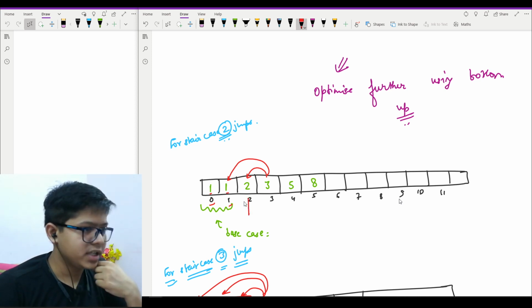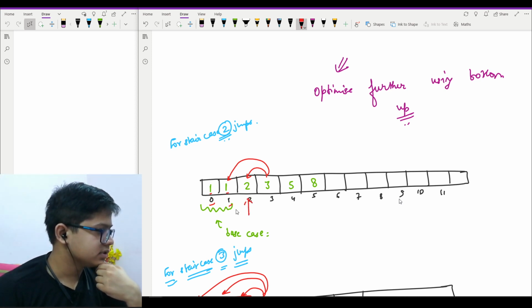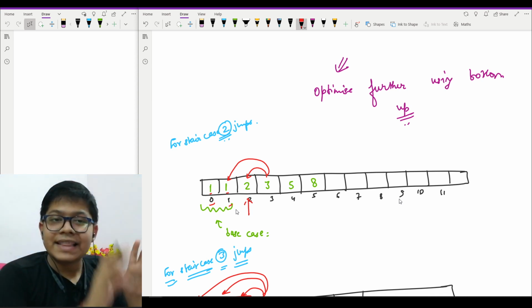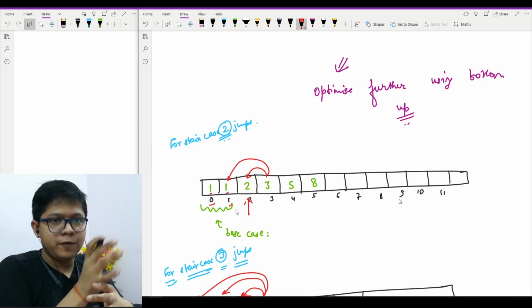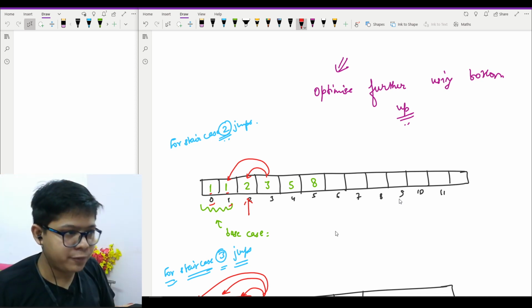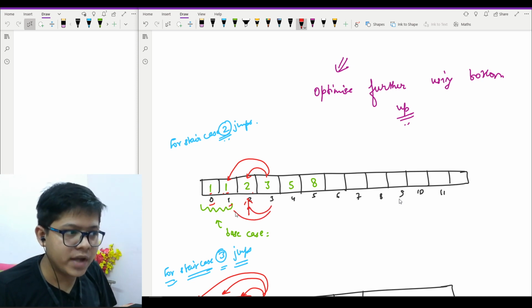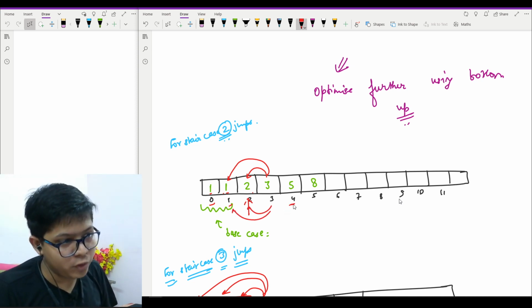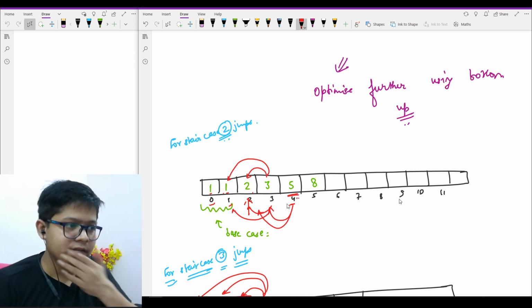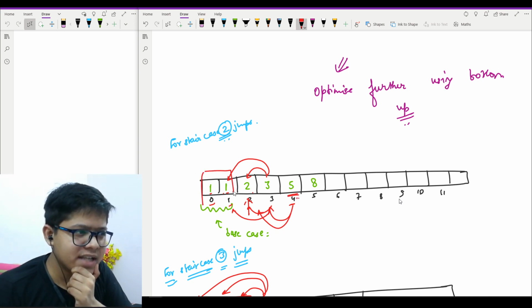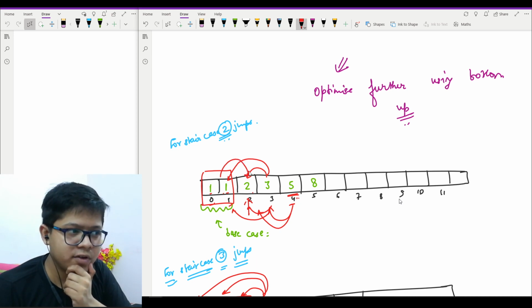Then I need to find for 2. For 2, I checked the last two values and added them: 1 and 1, so I got 2. For 3, I added 2 and 1, I got 3. For 4, I added 3 and 2, I got 5, right? Which means I was using these two to find the answer for the next one.